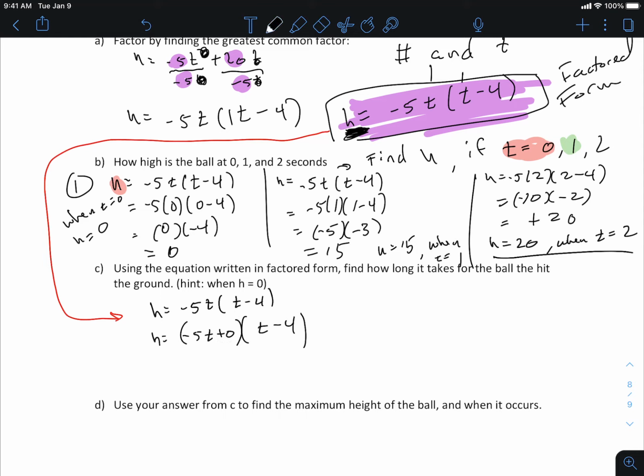Well, t is going to equal -0 from the first one, which is just 0. And then t is going to equal 4, which means after 4 seconds, the ball